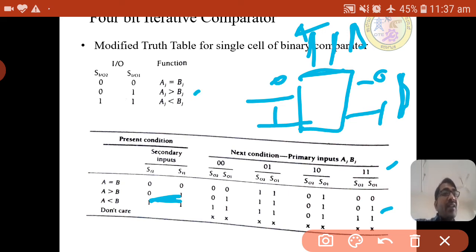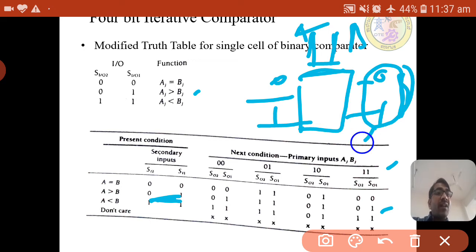Why will it give A greater than B? The previous bit is A greater than B, and the present is A equal to B. As it is A equal to B, it will transfer the previous to the next, because the previous bit is A greater than B and the present is equal.